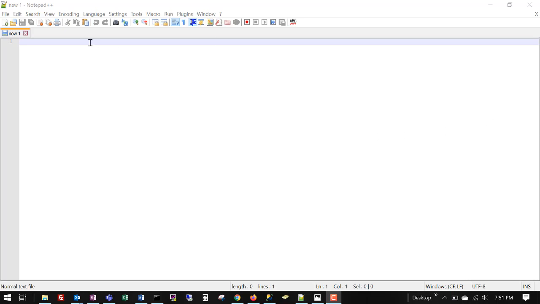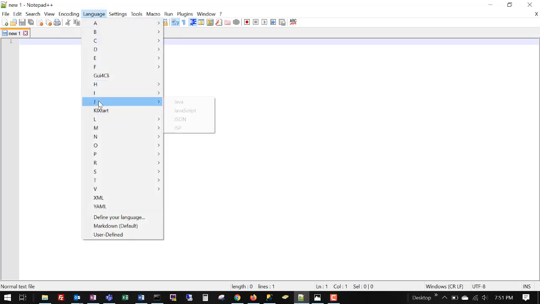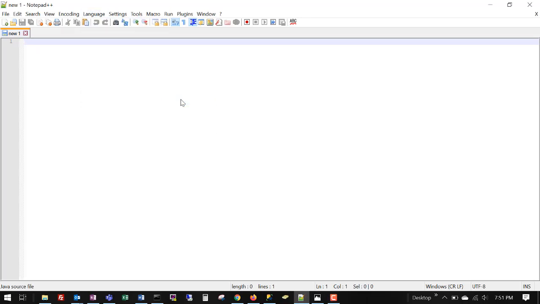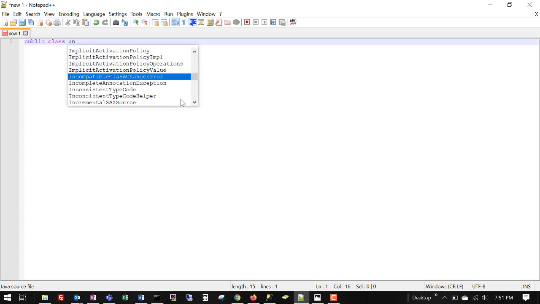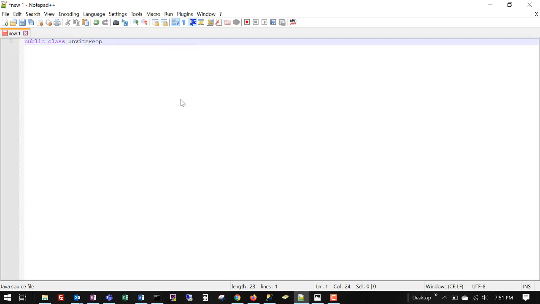Let's go ahead and set our language to Java, as we've been doing all semester, and let's make a public class. We're going to call it invite people. We're going to create a program that allows us to invite people to an event or a party or something like that. We're going to, as we've done in all of our runnable applications, start with our public static void main